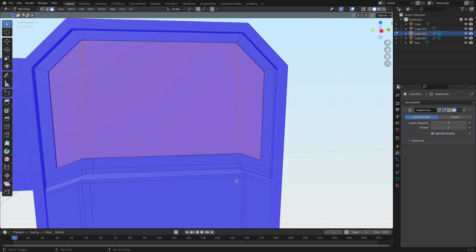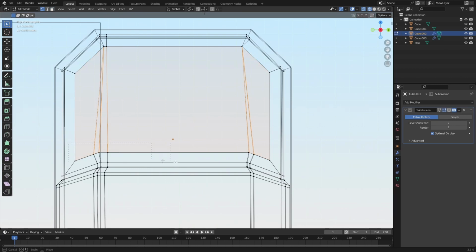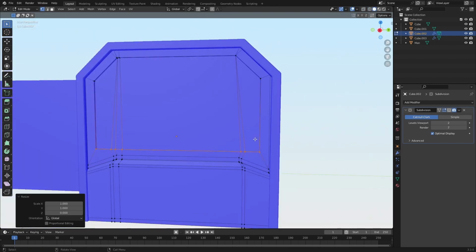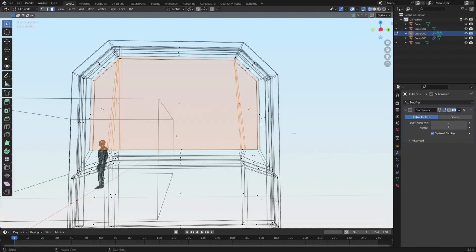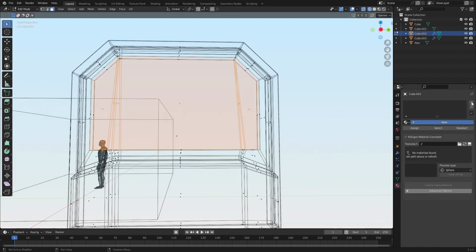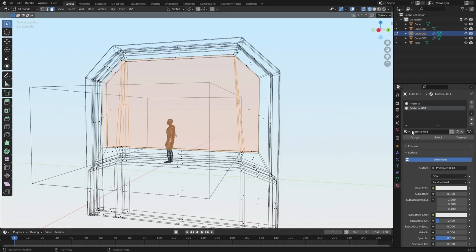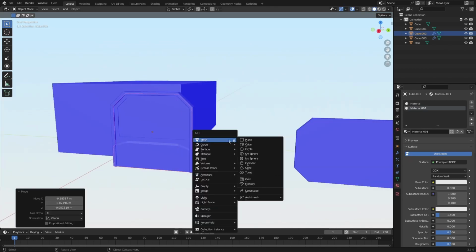Probably around there is good. And then I'm gonna go into right view mode and then grab this area, and then scale that on the z-axis by 0, and then just assign a glass material to this area. So what I'm going to do is go to Archimesh and then panel window